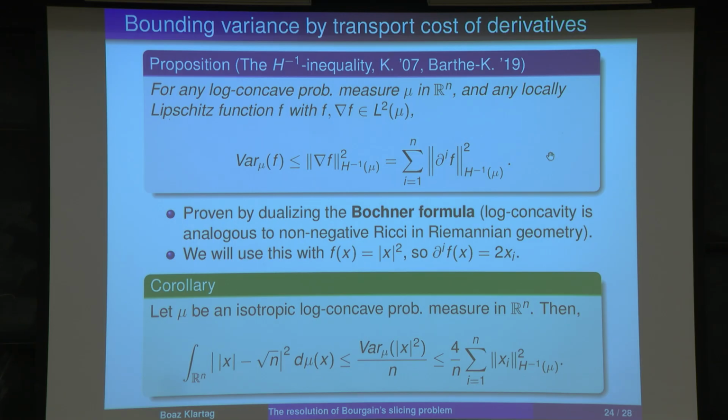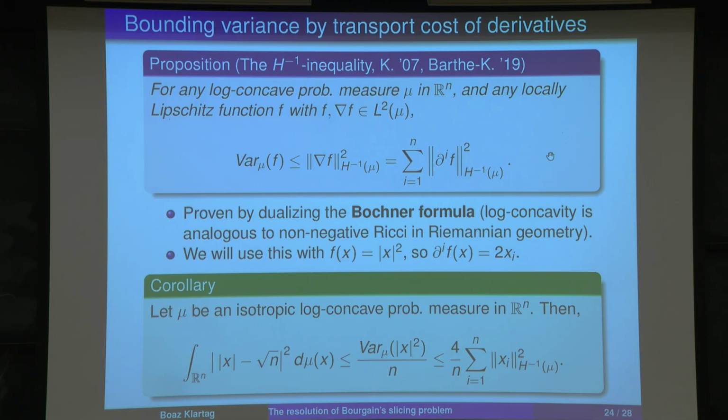Okay, why would that be correct? This follows from the Bochner formula. The Bochner formula is a formula from Riemannian geometry, but it turns out that in this business, you have completely analogous formulas in the log-concave case. Log-concavity is just completely analogous to the fact that the Ricci curvature is non-negative in Riemannian geometry. And I'll explain in the next slide how to do this, the Bochner formula, and get this inequality here. Okay? But for now, let's just apply this H minus 1 inequality, and then we conclude that